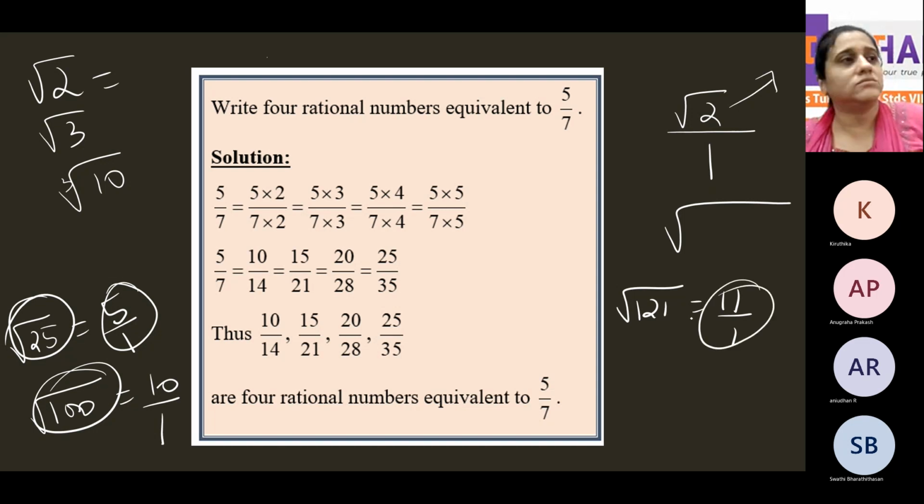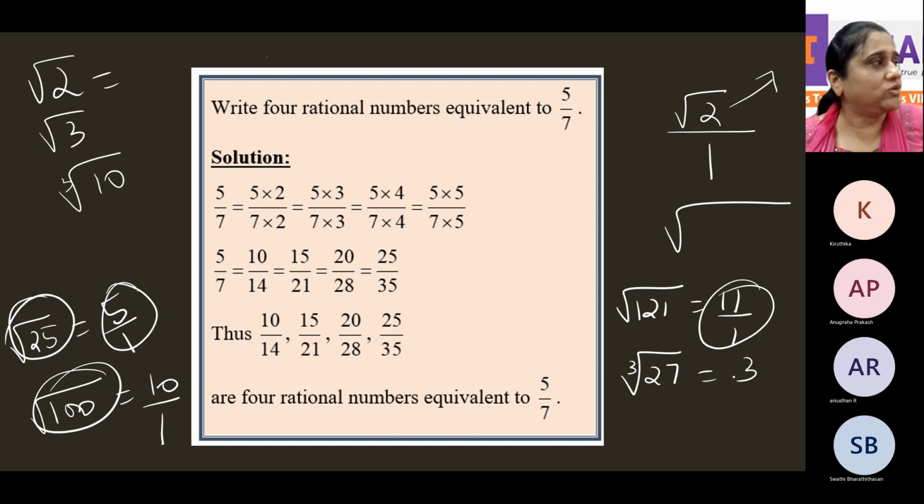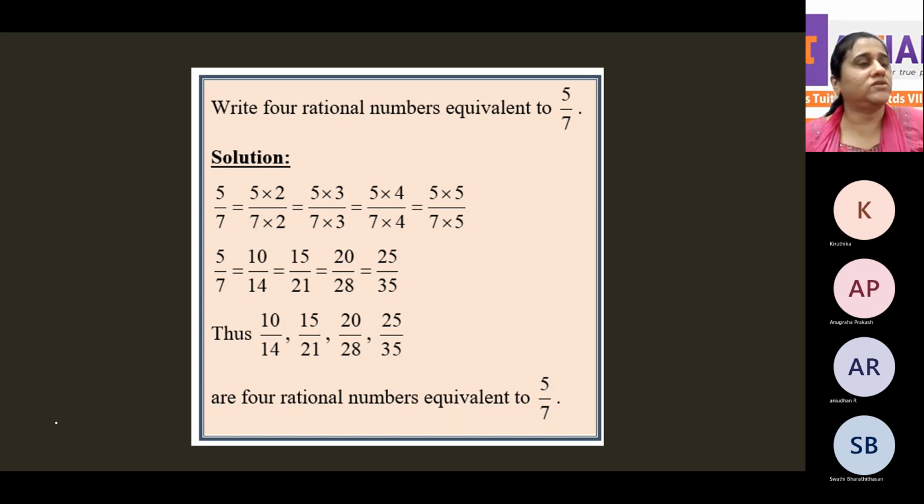It's a rational number. Now supposing cube root of 27. Cube root of 27 is 3. 3 into 3 into 3 is 27. So cube root of 27 is 3 and 3 is 3 by 1. Integer by integer. It's a rational number. Yes or no, class? What about the fourth root of